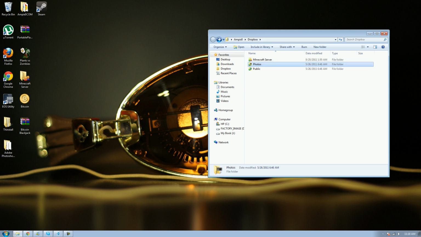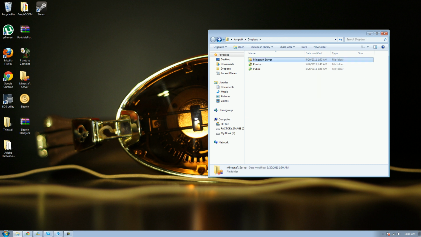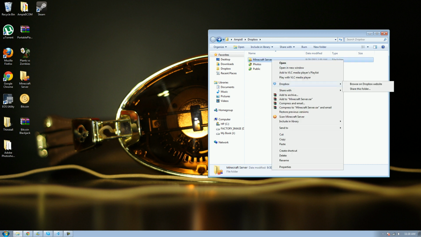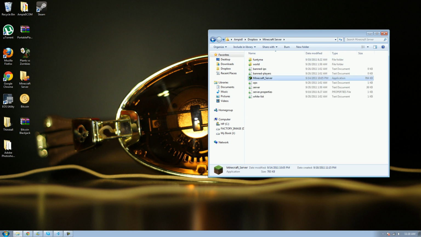So what I did was make a Minecraft server folder, and when you make the folder, you can right click, go to Dropbox, and share this folder, and you type in the email address of the other person that has Dropbox. So then you both have the folders synced up. So basically, if I start the Minecraft server, press run from the Dropbox folder,